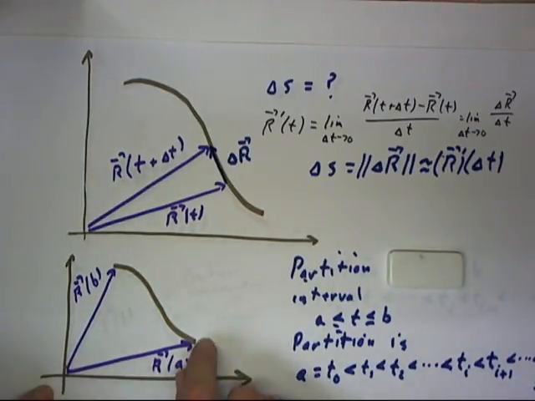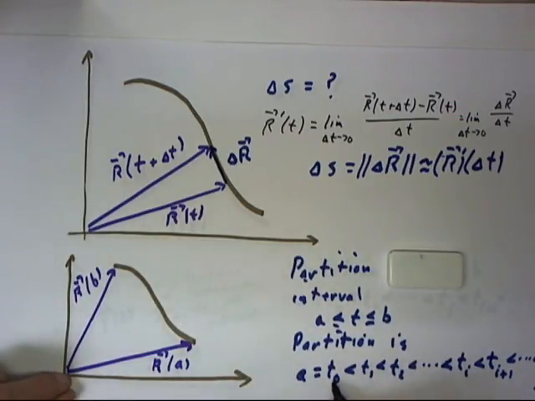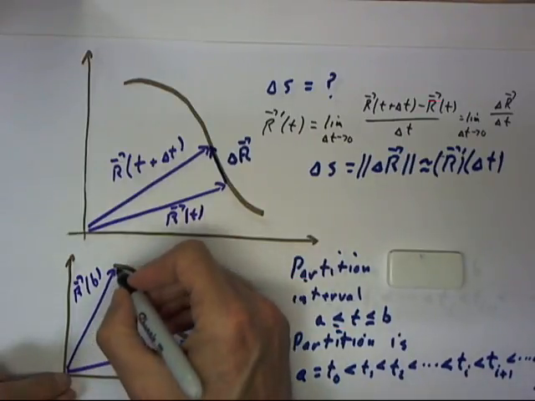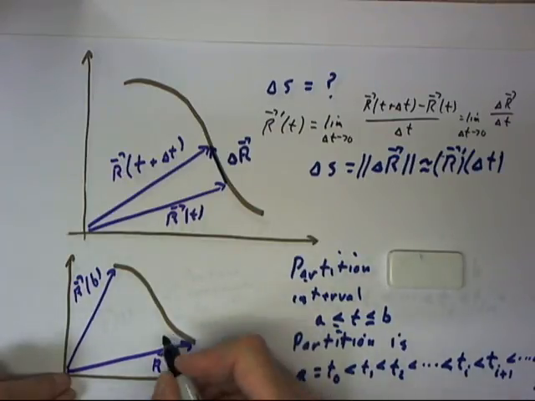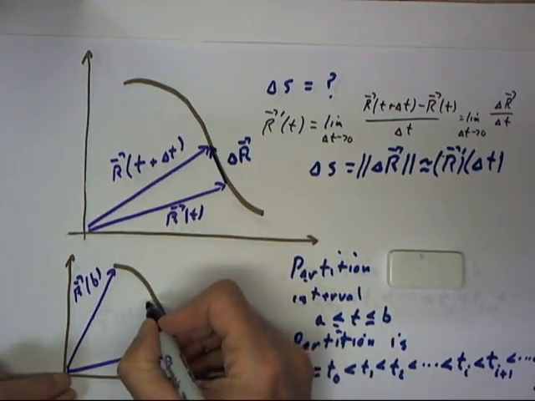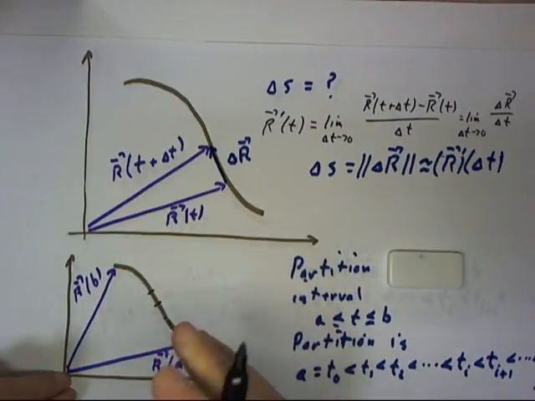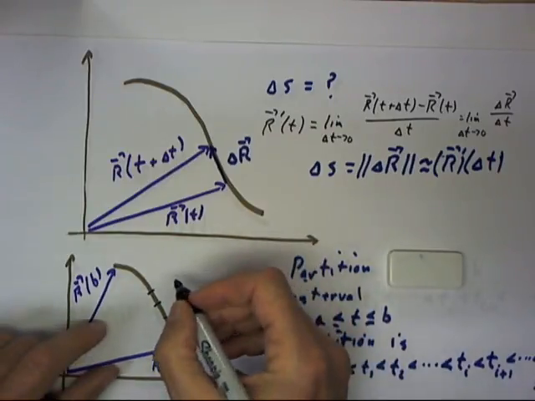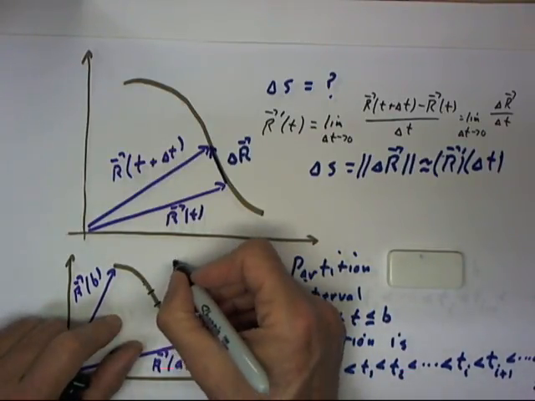The corresponding R vectors will then have terminal points that run from R of A, which corresponds now to our T naught point, to r of b, which is our t sub n point, and we'll have a number of points in between. We consider this to be a large number. And let's just take an interval here, and let these 2 points here indicate the positions